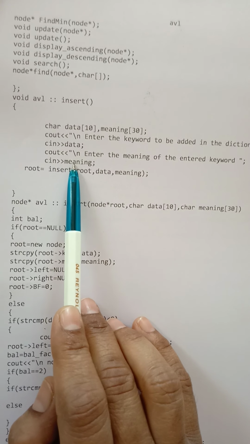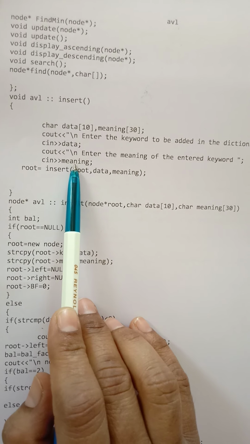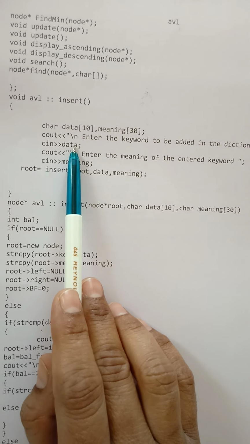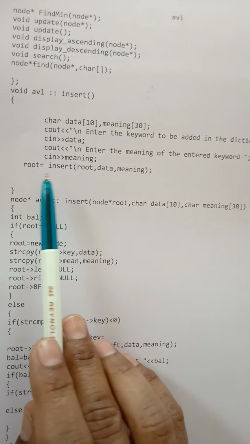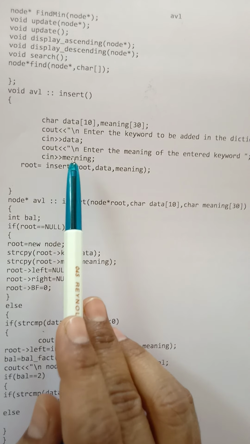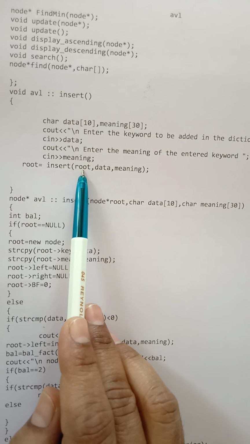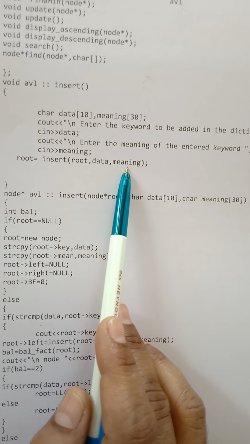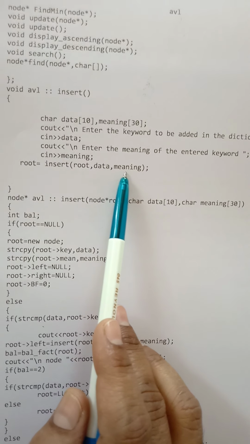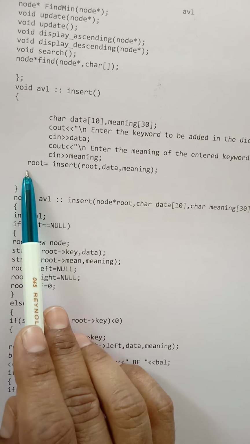This is the dictionary program we have to do using an AVL tree, so that's why the data and meaning arrays are used. Now after accepting data and meaning from the user, call the insert function. Provide root to the insert function, data and its meaning, meaning keyword and its meaning. So three parameters will be provided and it is going to return the root.